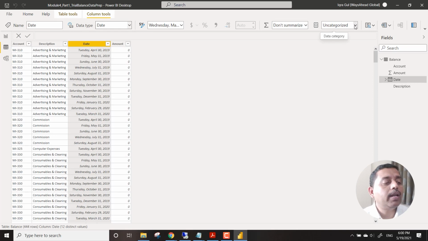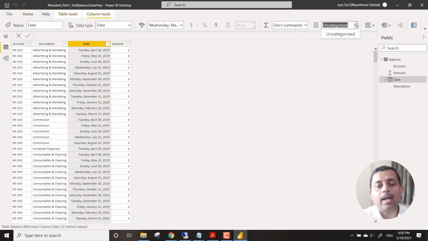And then if your data type corresponds to something, you can see some options over here which will say categorized or uncategorized. Suppose you have some geographical data, let's say city or state, you will see that it can be categorized as a different type of data. These are the options from the columns perspective, the data types perspective.